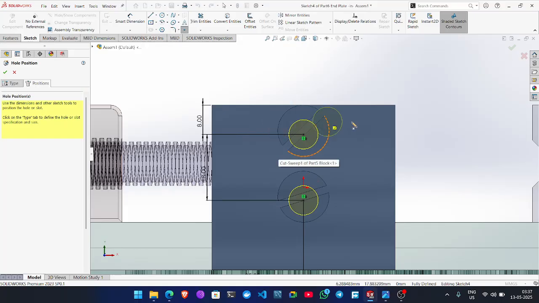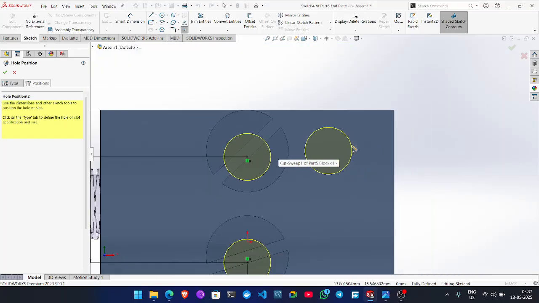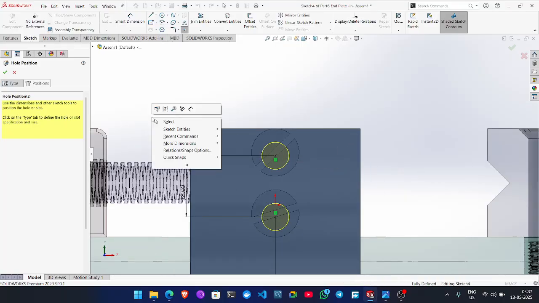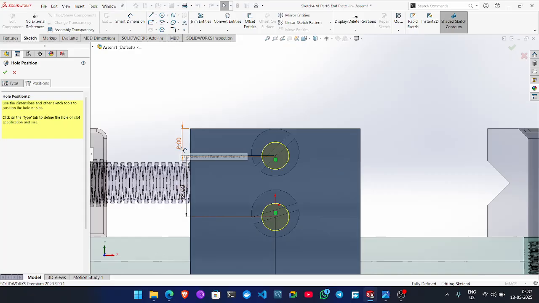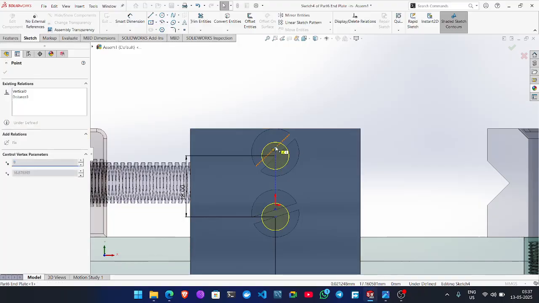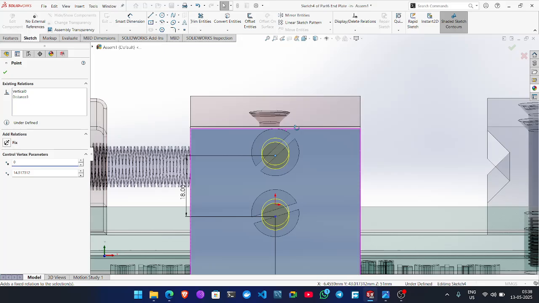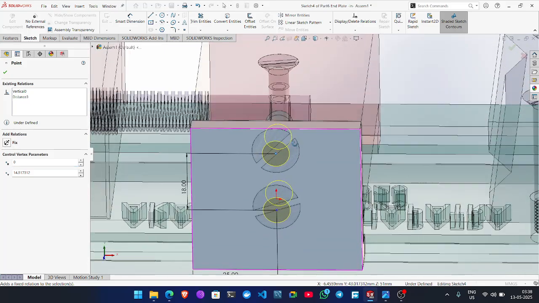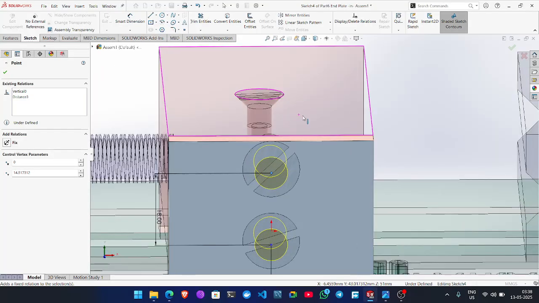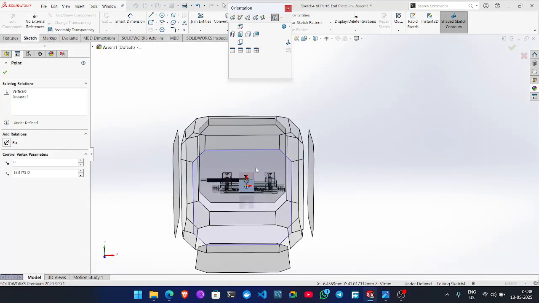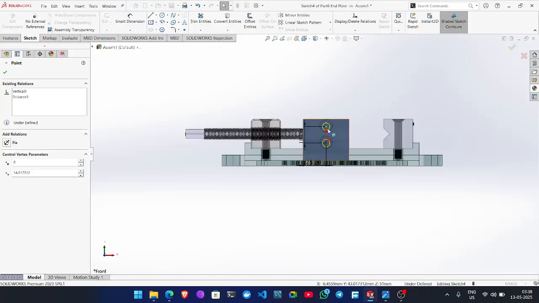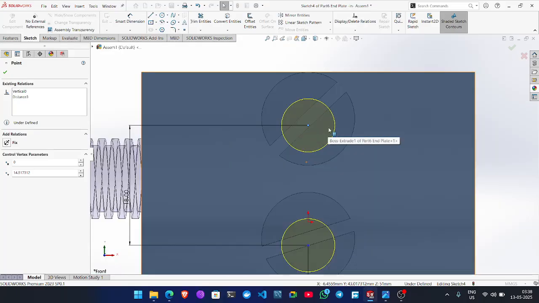So this is the 8. Okay, I just right click, select, then just click and delete this setting, and somehow if I access the middle point of this screw, it is very easy for me to know the center point, right? Space, then again I choose the section so I can take a perfect view.